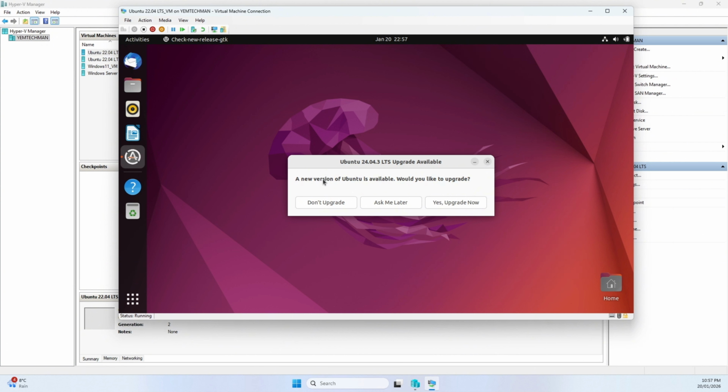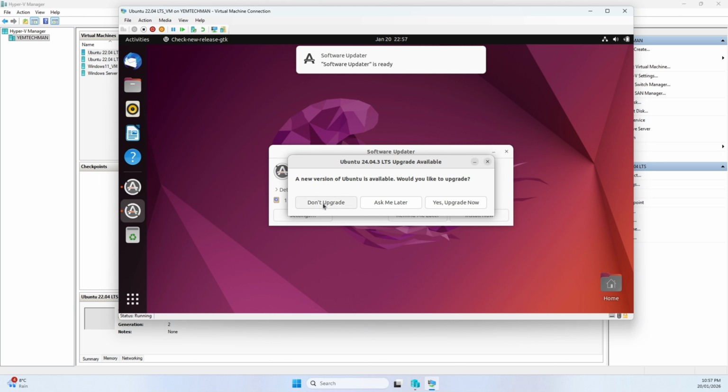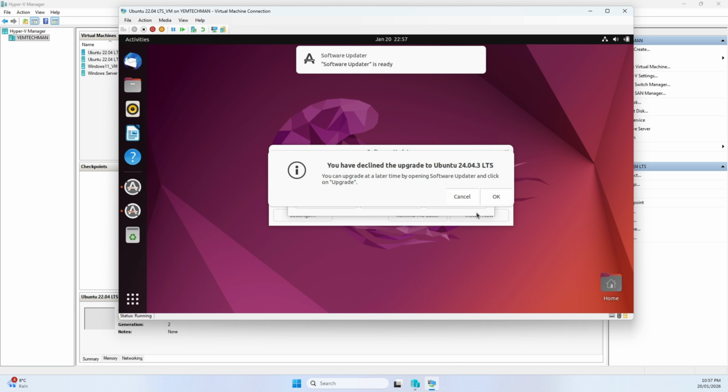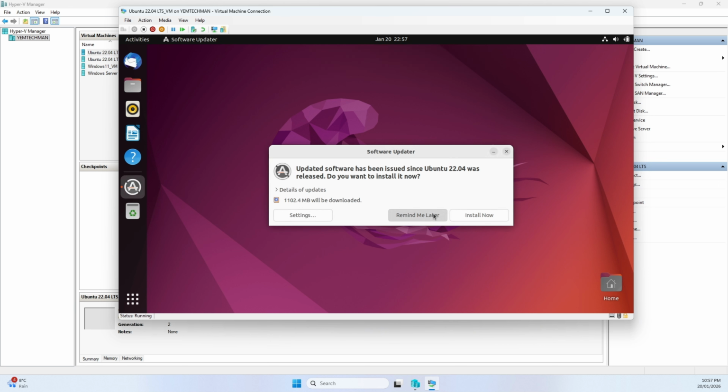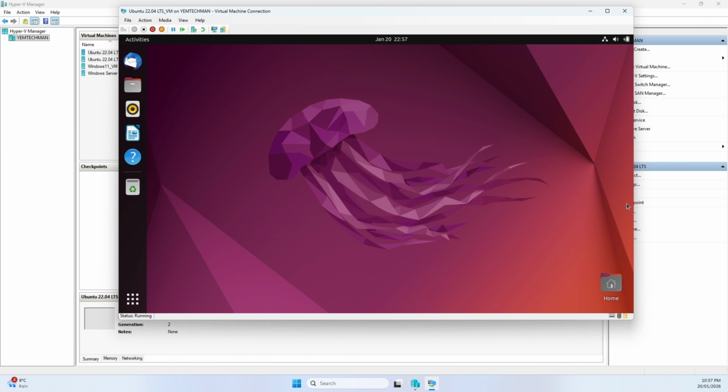Here it is asking me for an update, if I need to do the update, which is the version. Okay, so there's an upgrade, so I can say yes if I want to. I can say ask me later. I can say do not upgrade. So for now, just click on do not upgrade. I don't need that. Cancel. Yeah, remind me later. So I don't need all that for now. Okay, so this is how you can actually create your Linux, which is your Ubuntu VM, in your